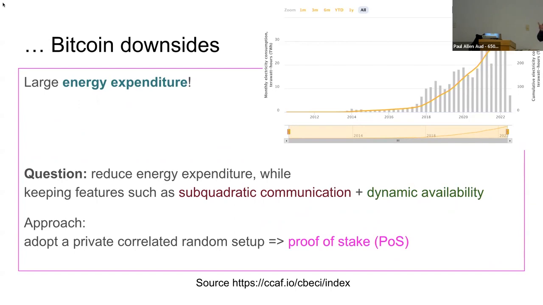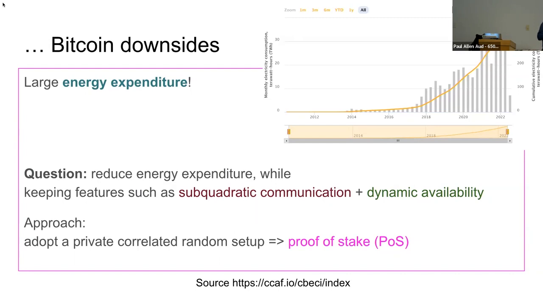Why Bitcoin needs a public setup is that it wants to prevent what's known in the Bitcoin setting as a pre-computation attack. You have an attacker that somehow mines a lot of blocks, let's say a year ahead before the protocol is launched. Suddenly you start the protocol, and all of a sudden there's a huge fork that reverses the chain. That's the reason that Bitcoin needs a public setup.